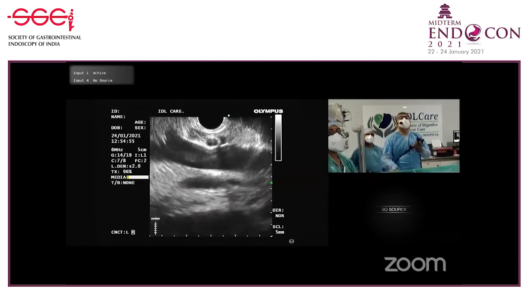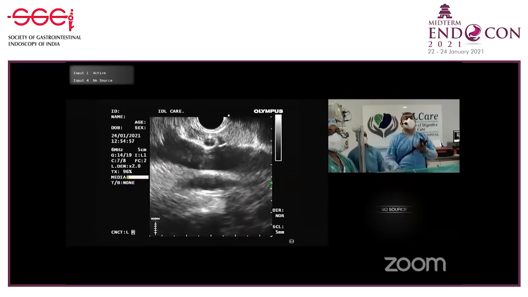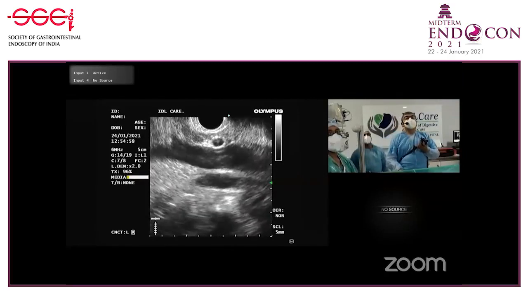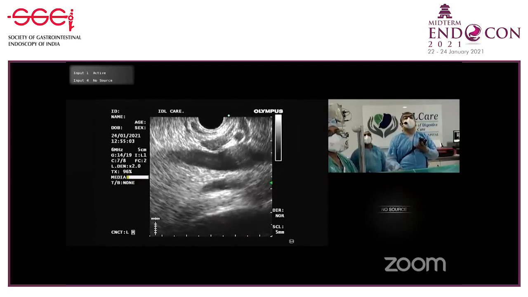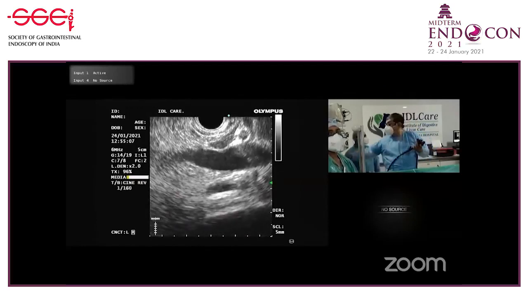Okay. So now see here, I am going in and you are seeing the portal vein and the common bile duct. Freeze. So this is the portal vein going here. Here it will divide into splenic and superior mesenteric. This is the common bile duct. This is the head of the pancreas. See this? So this is the bile duct diving behind the head of the pancreas. So the portal vein and the common bile duct are diverging here.